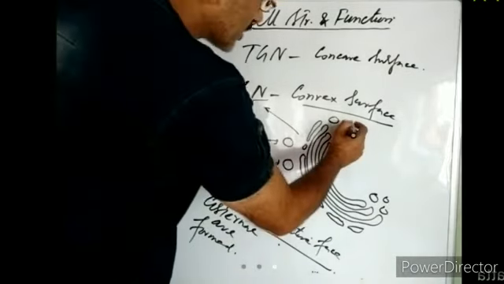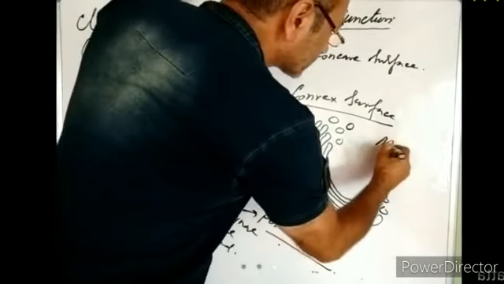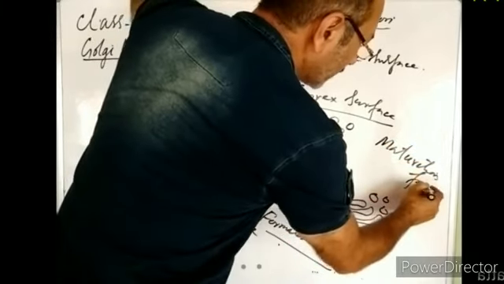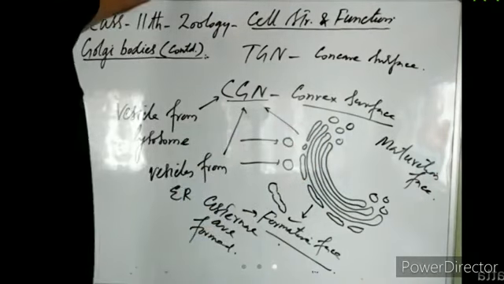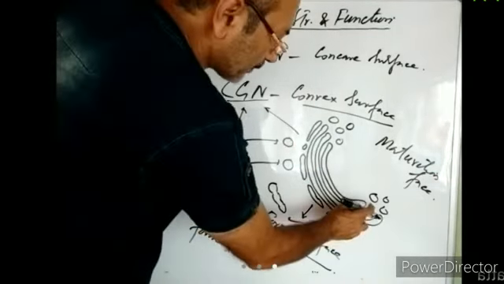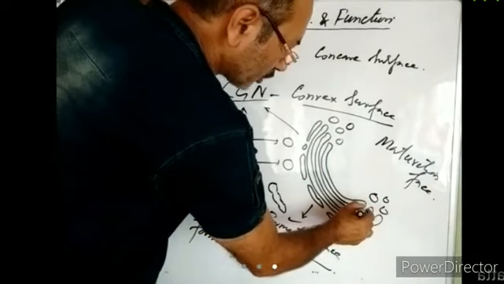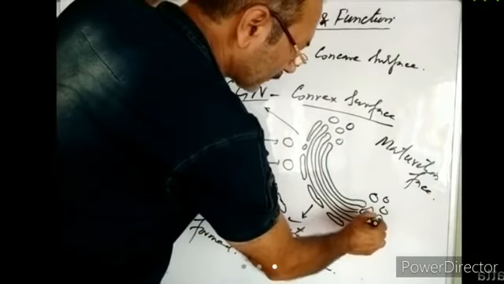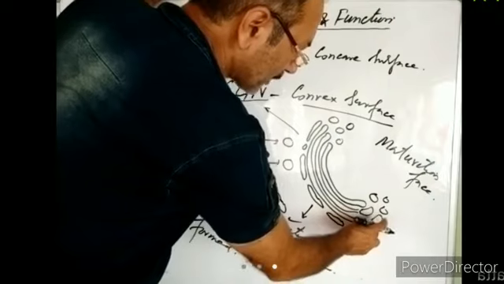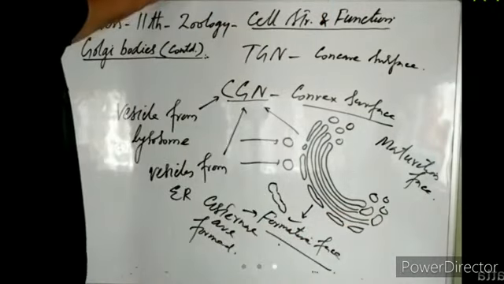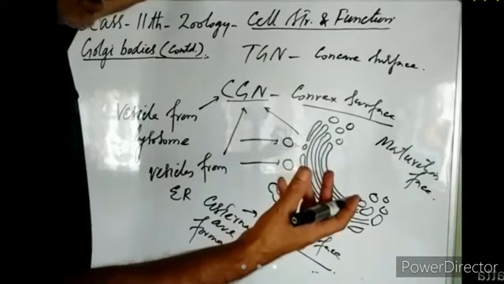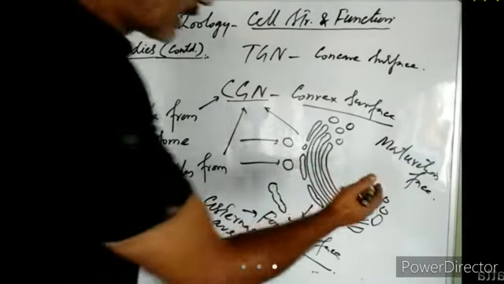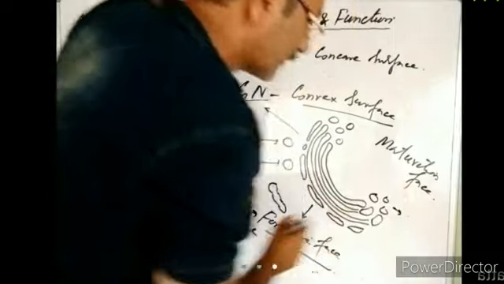We call this phase of the Golgi body the maturation phase. Why do we call it the maturation phase? Because on this side of the Golgi body, the swollen tips are pinched off in the form of fluid-filled vesicles. So on this side, the Golgi cisternae mature. They pinch off vesicles, and these vesicles are known as the Golgi vesicles.